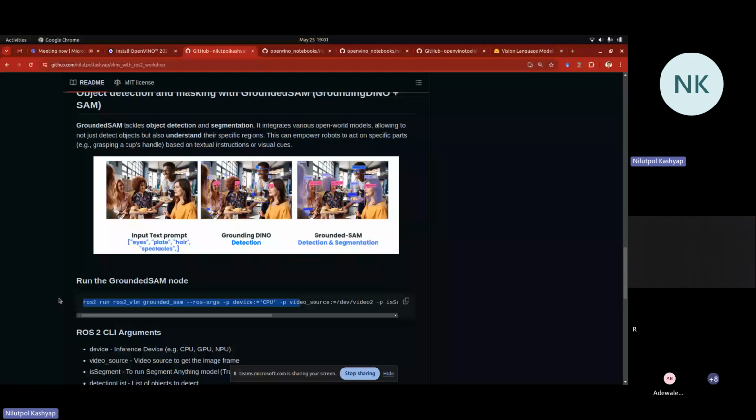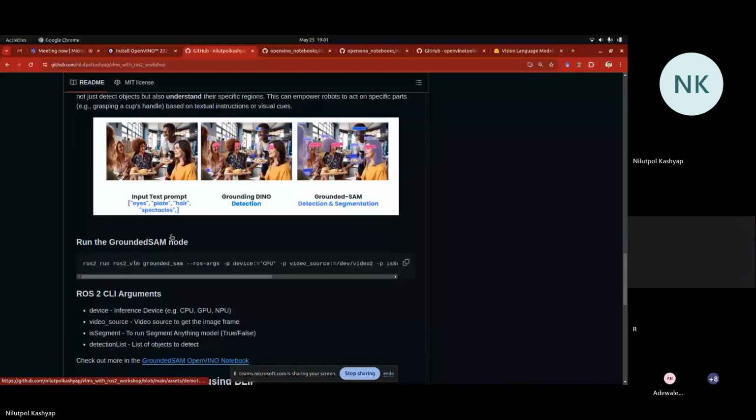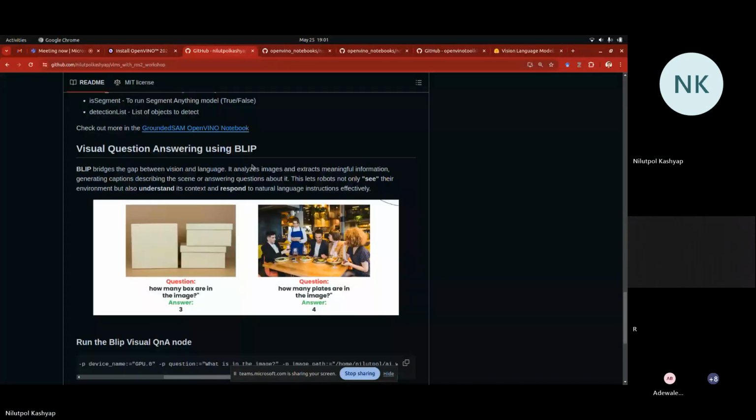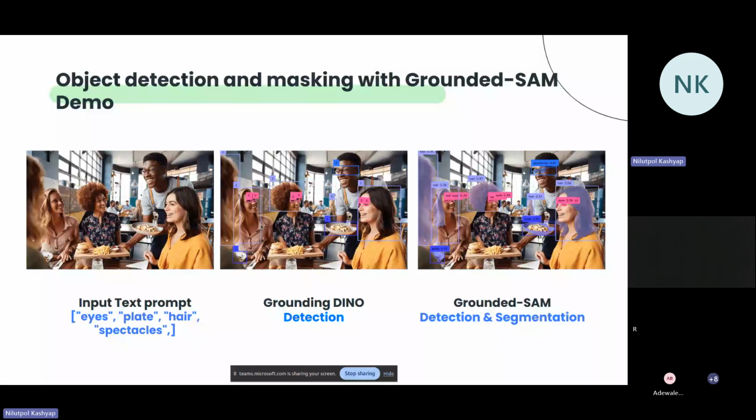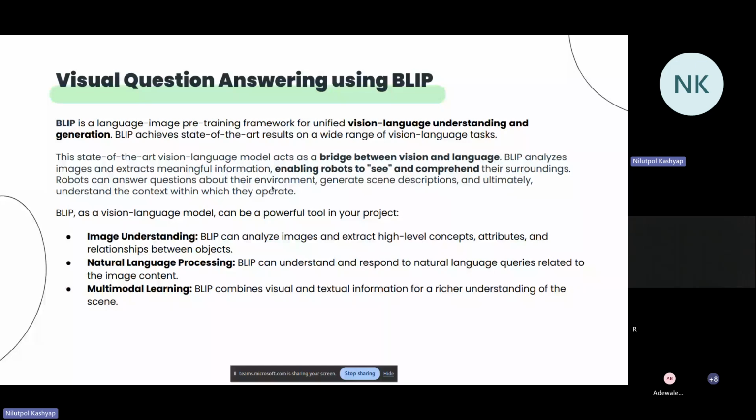Let's go with the second one, the visual question answering. The second demo which I prepared is visual question answering using Blip. Blip is again a vision language model. It is pre-trained for taking inputs from the user, and it can do multiple things. It's not just for detection. For example,